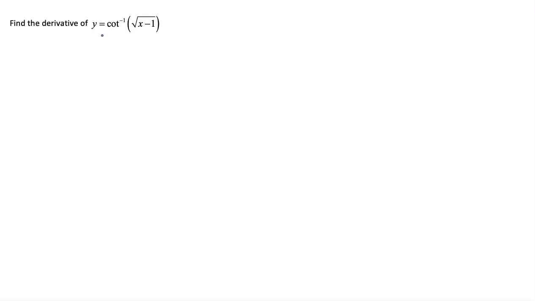Find the derivative of y equals cotangent inverse of radical x minus 1. Of course, we're dealing with the inverse cotangent function here. All right, let's just write down the formula for this guy. So we know that if y is equal to cotangent inverse of u,